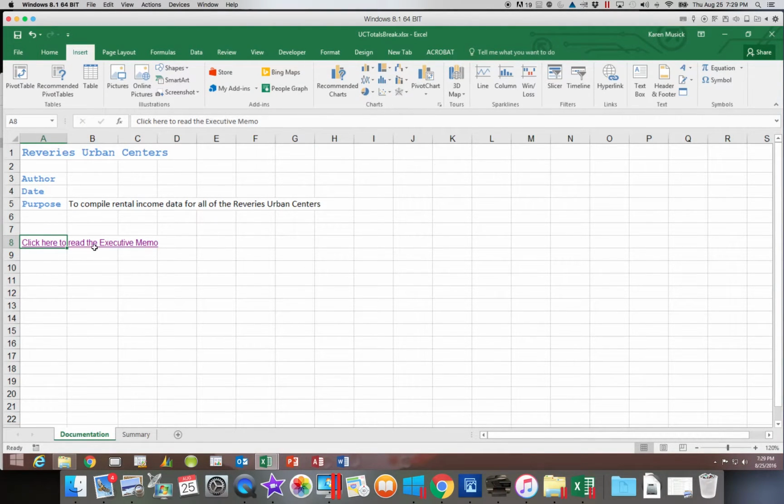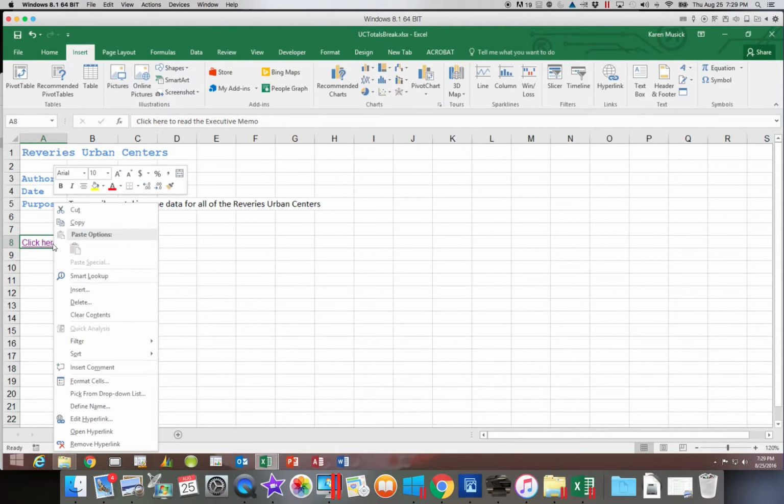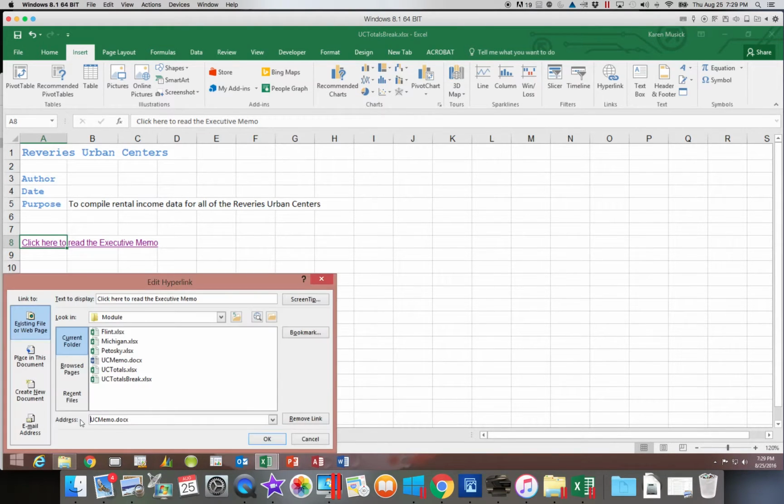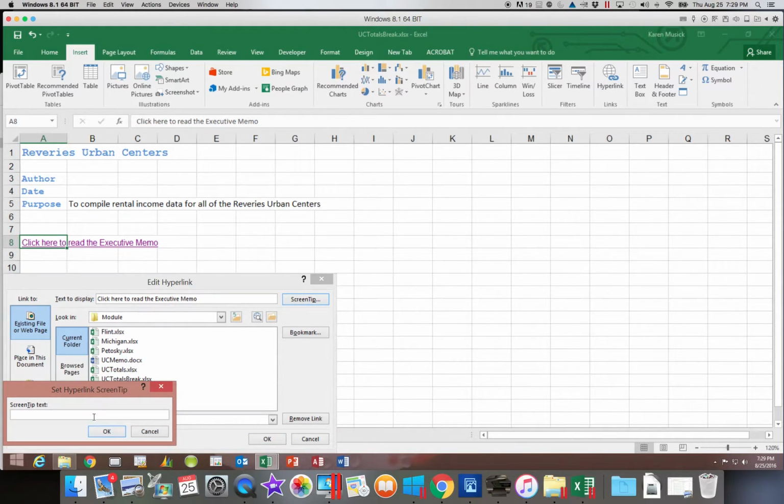Okay, now let's say I wanted to edit that hyperlink. If you do a right click on the hyperlink, you'll notice one of the options says to edit the hyperlink. And we have the screen tip button right here. This allows us to specify the message that it's going to say as the screen tip, instead of using the default that Excel created. So I'm going to click to view the executive